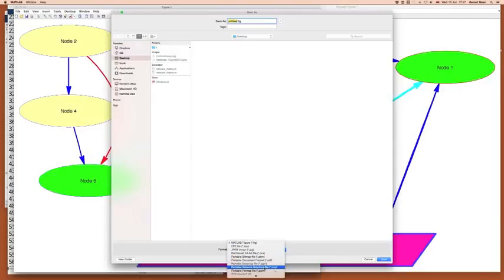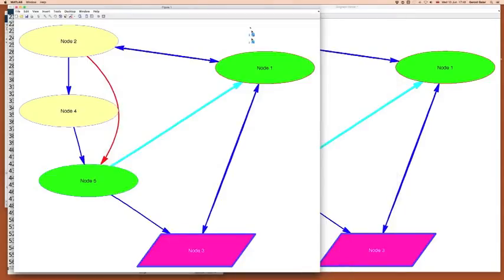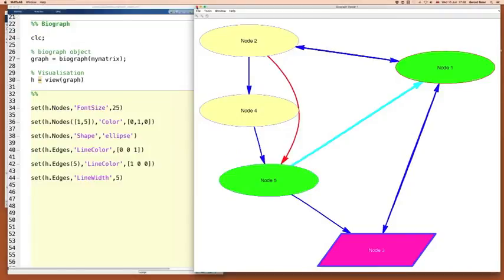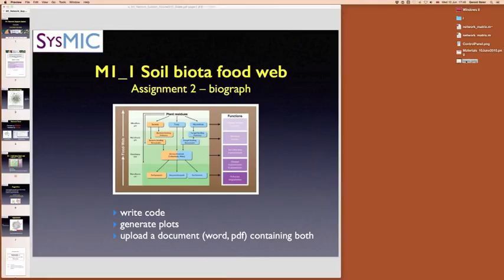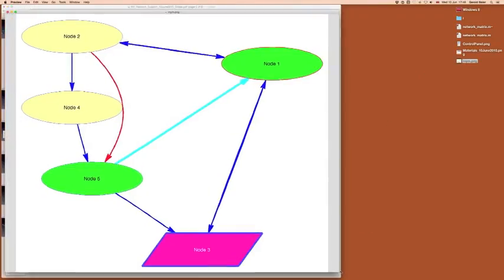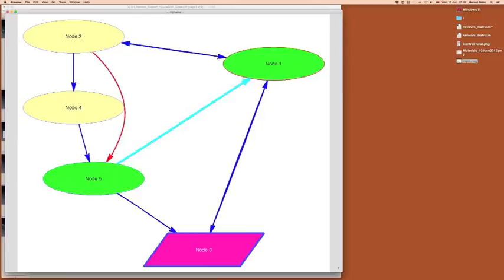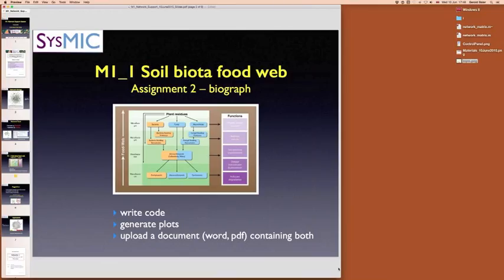So if we take a figure file format like JPEG image or PNG, portable network graphics, you can save this, and it's then there as a figure file which you can include in a Word document if you like to do so. So saving is also possible. And I think that completes what we have to say